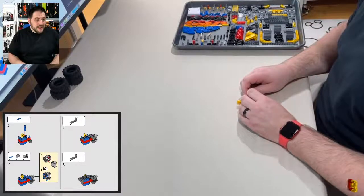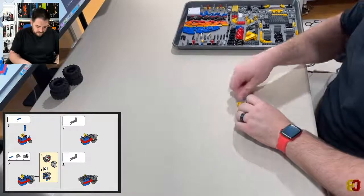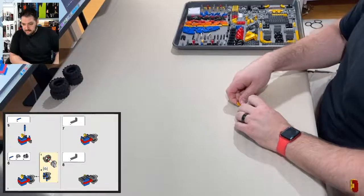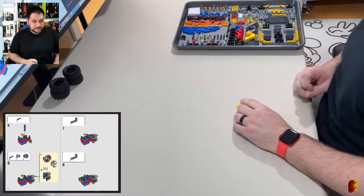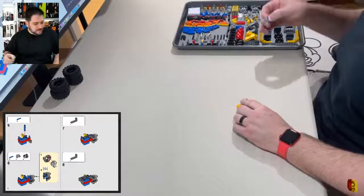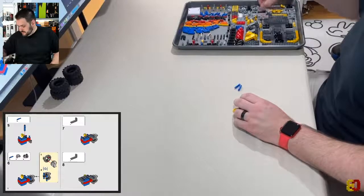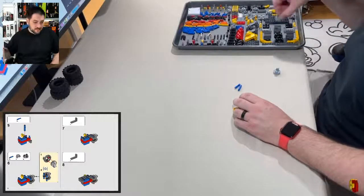This set today, it's got a mixture. It's got stickers and printed pieces. And some of the stickers look exactly like the printed pieces. So I'm not sure why they chose to print some and put stickers on the others, but that's what we're dealing with today. So,